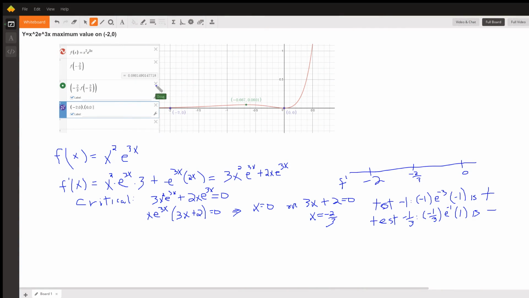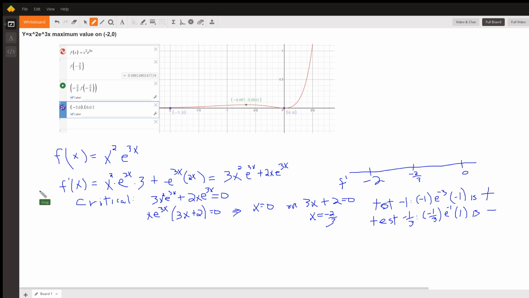the function from the Desmos Online Graphing Calculator. x squared e to the 3x, and we're supposed to find the maximum value on the open interval from -2 to 0. The way that we do that is to find the first derivative and set it equal to 0